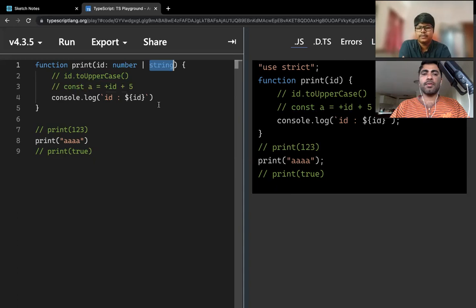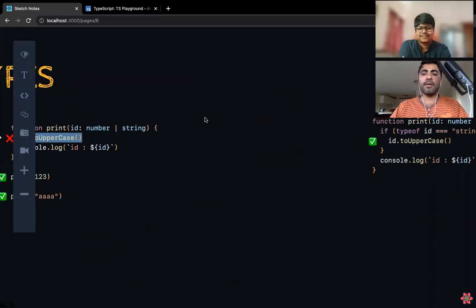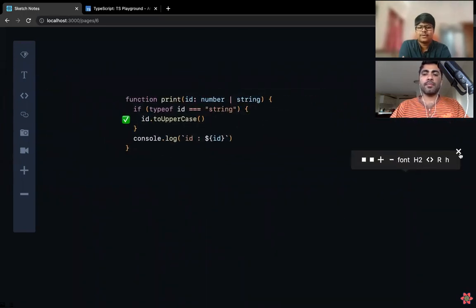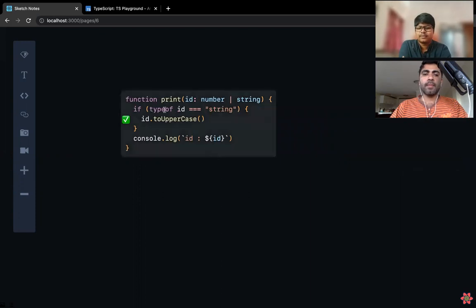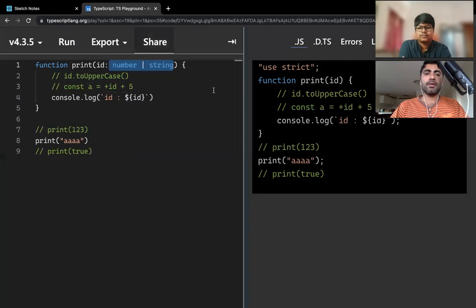Yeah. So this pattern I have seen in lots of open source code, and it is used very heavily. Okay. But if you want to apply the specific function, here in this TypeScript one, then we can check the type of ID. If it is string, then call this string specific function. Okay.